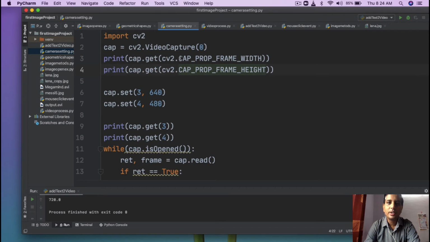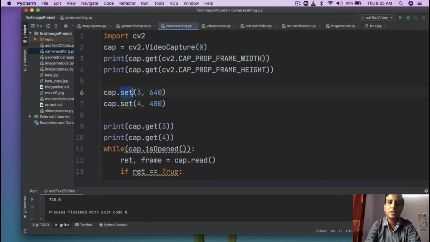Now width and height are the names of the properties, but there is also a constant number given to access these properties. Like width has been given the number 3 and the height has been given the number 4. So in this cap.get, the get function is getting the width and height,